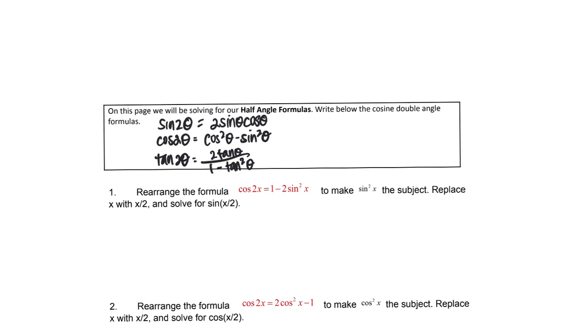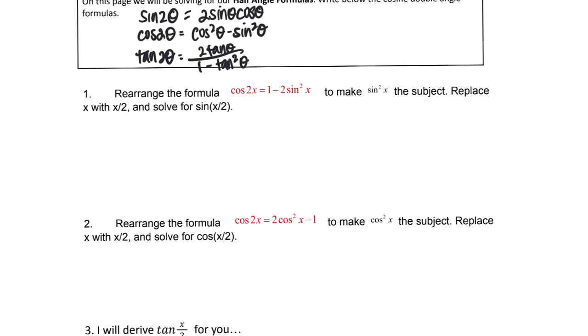All right. So now we're going to do some more rearranging. Rearrange cosine 2x to make sine squared x the subject, or basically just to isolate sine squared x. And then it tells us to replace x with x over 2 and solve. Okay, so let's first